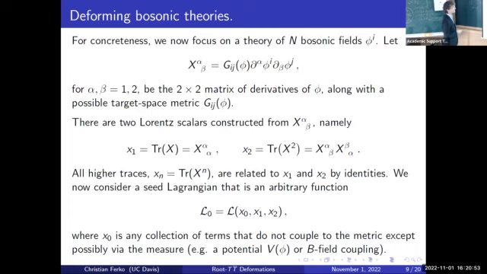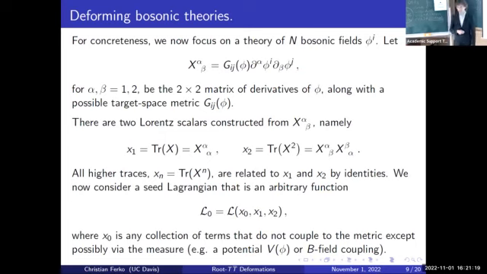So any theory of n bosons that is only derivatively coupled through this combination, which is a quite broad class because we usually restrict to theories with only one derivative per field, can only depend on the scalars x1 and x2. But in fact, I'll be slightly more general than that. I'm going to include a seed Lagrangian that can depend not only on x1 and x2, but on something which